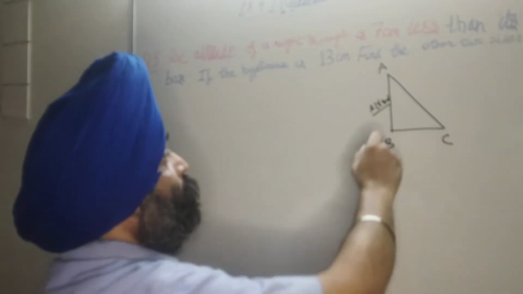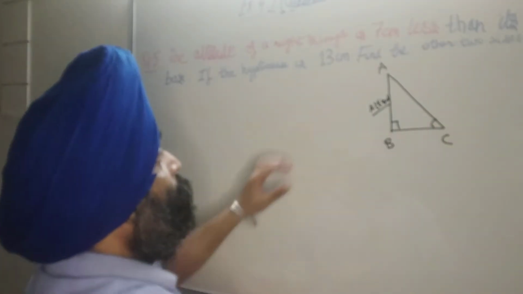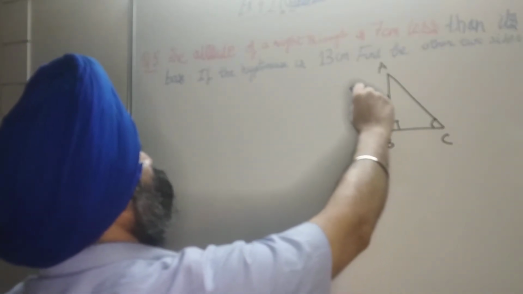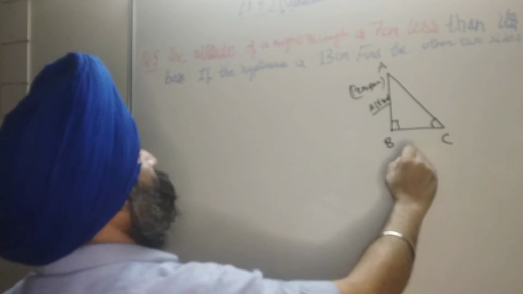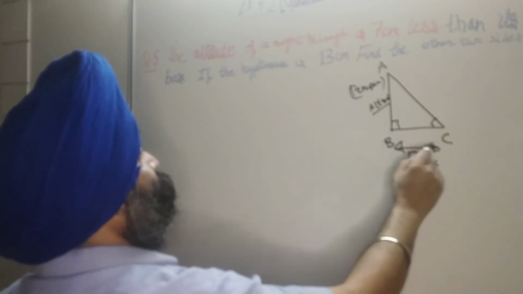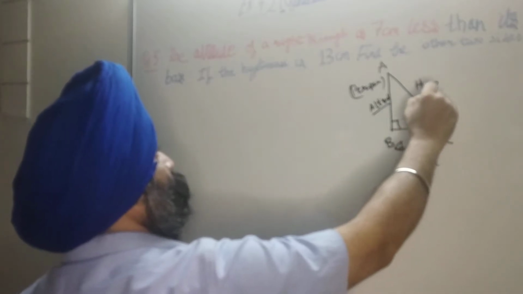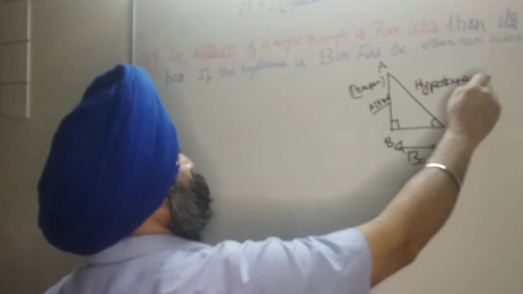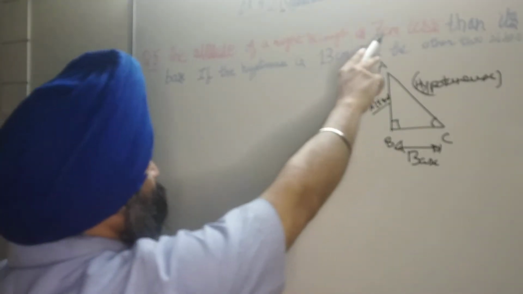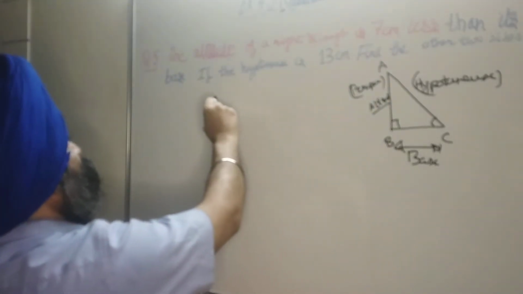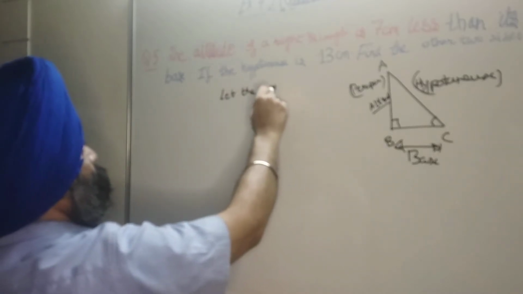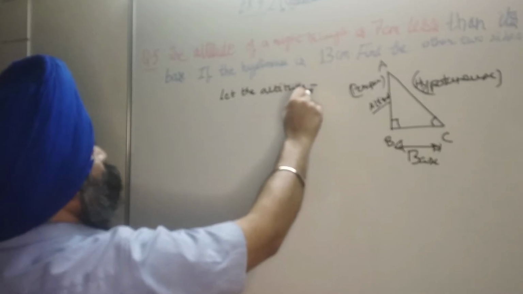AB is altitude क्योंकि ये perpendicular है, ये theta है, and this is altitude यानी कि perpendicular जिसको आप बोलते हैं perpendicular. So this is base and this is hypotenuse. ठीक है. So if the altitude of a triangle is altitude, let the altitude be x. Let the altitude be equal to x. इसको x मान लेते हैं.